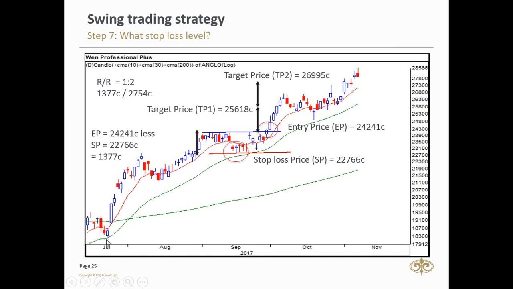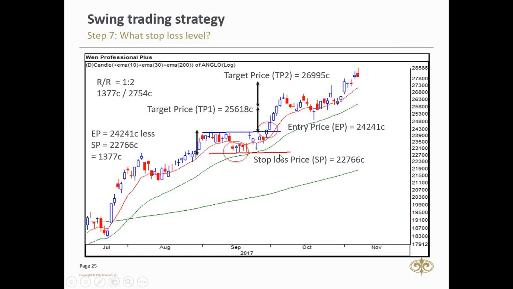You can see it hugs it very closely. Previously touched there, didn't break here. So ideally, my stop loss will also, you can see it becomes very close here. My 30-day moving average can act as a stop loss. So in that scenario, I've got a high probability. If it breaks through that, the shares will be trading lower, because remember, there are buyers at this level. So in this scenario, that's my stop loss at